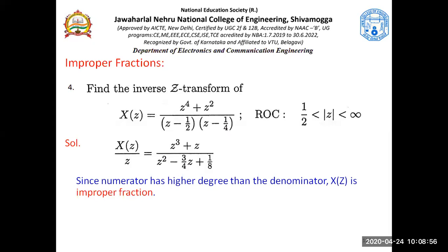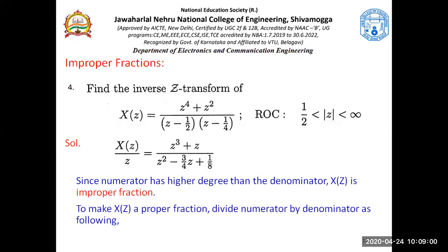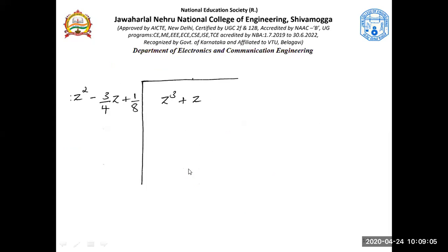Fine. Now you have to make it a proper fraction by dividing the numerator by the denominator. We have dealt with this. So this is Z cube. I need to get rid of this Z cube. That means you just multiply this by Z so that we can have Z cube. So that is what we're doing. If you multiply by Z, this equation would become this, and just turn this into opposite signs. Okay, this is minus, this is plus, and this is minus now.